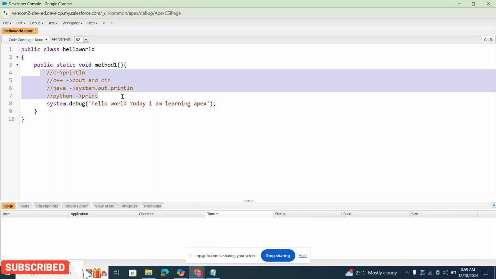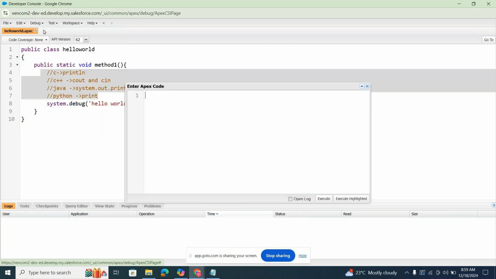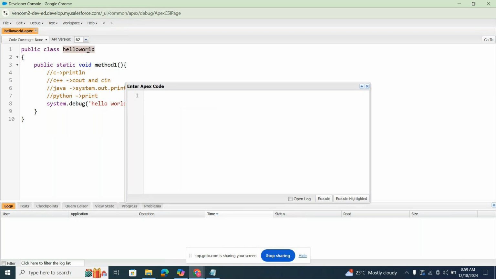Here we have system.debug. For example, if you want to execute this program, open the execute anonymous window, class name dot method name. If you want to print the data, I'm clicking on open log.